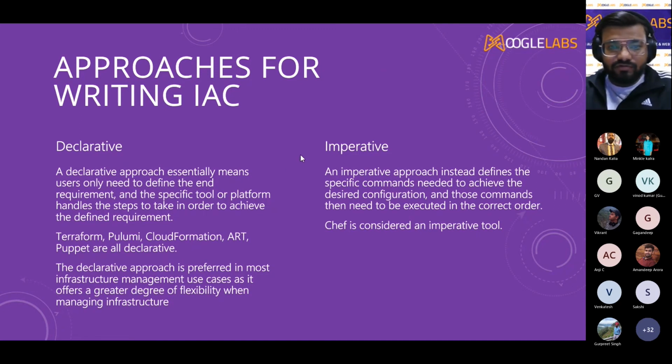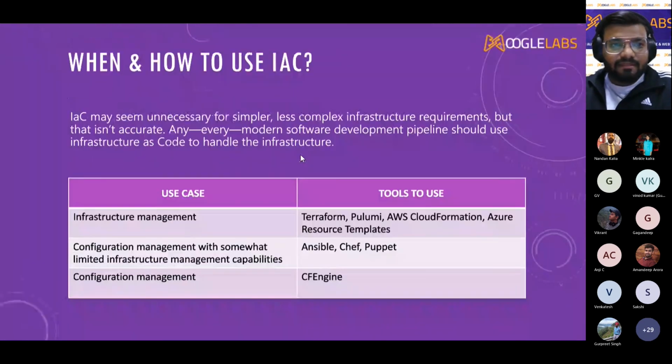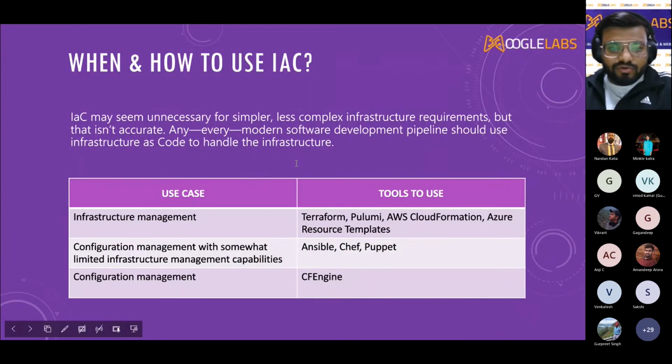So we'll move on to our next slide. That is when and how to use infrastructure as code. It can be used in a variety of scenarios, including provisioning infrastructure, managing configuration, continuous delivery, and disaster recovery. To use it, it is more important to follow the best practices, such as starting small and using a version control system, testing your code, and monitoring your infrastructure.